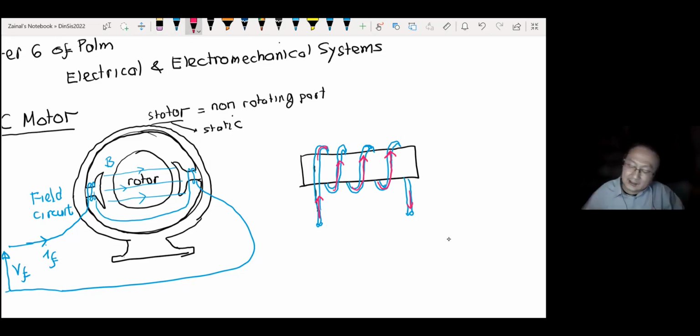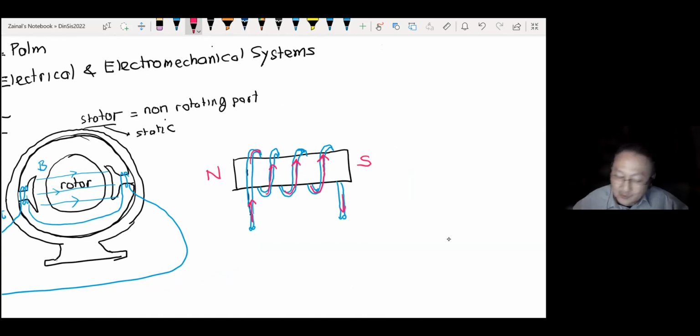Then you see that from here, this one becomes south, while this one becomes north, and this one becomes north, and this one becomes south. Okay, because if you have something like this one, a coil,